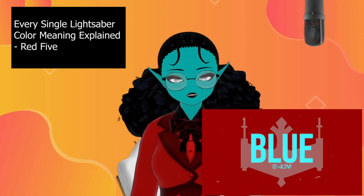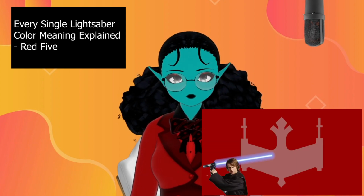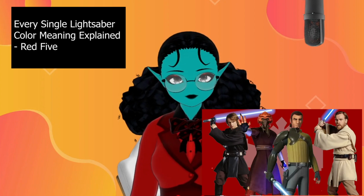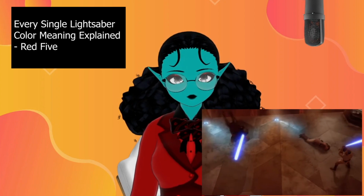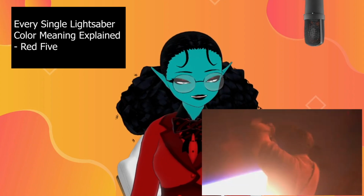Beginning with blue, the original and most common color among the Jedi, wielded by the likes of Anakin Skywalker, Obi-Wan Kenobi, Plo Koon, Kanan Jarrus, and many more. Blue lightsabers are said to represent loyalty, stability, truth, justice, righteousness, and bravery, mostly by a